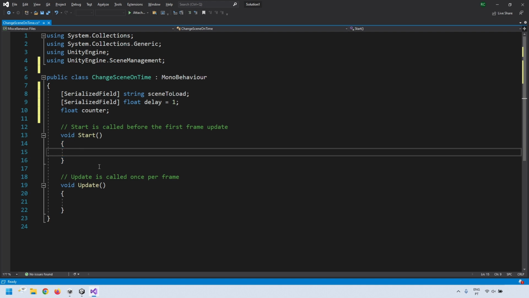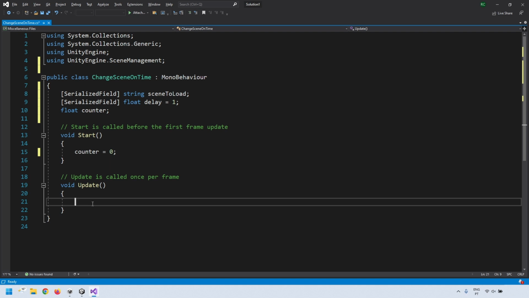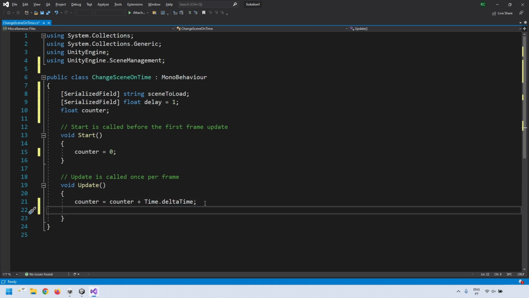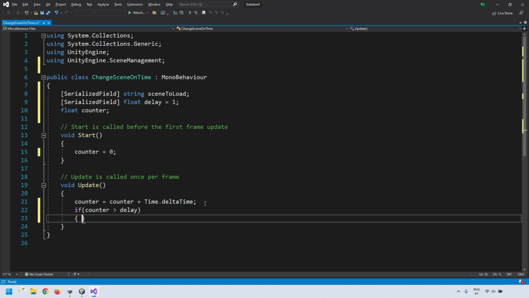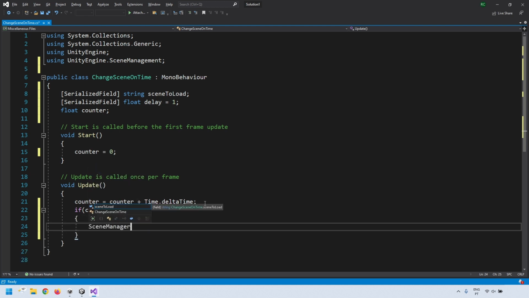Inside the Start method, do counter = 0; And inside the Update, add these lines. counter = counter + Time.deltaTime; if (counter > delay) { SceneManager.LoadScene(sceneToLoad);